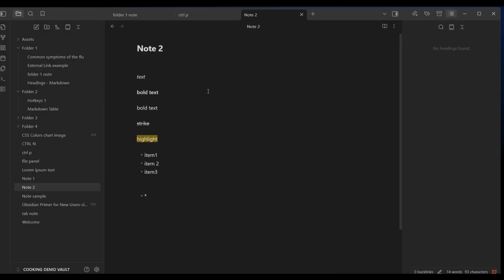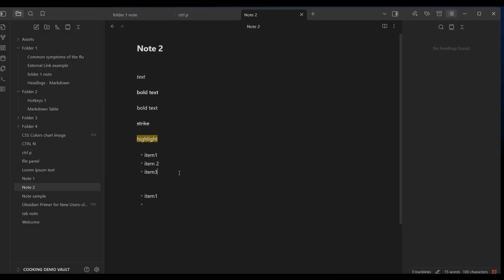Notice when I typed the asterisk first, Obsidian assumed I was going to do italicized text, so it gave me the 2 asterisks, the first one and the last one with the cursor in the middle. But when I hit the space bar after typing the asterisk, it immediately knew I was doing a bullet list. Now it left the second asterisk there. I can delete that, and then I can go ahead with my itemized list. I think these are the most common markdown situations you'll be faced with: italics, bold text, strike through, highlight, and